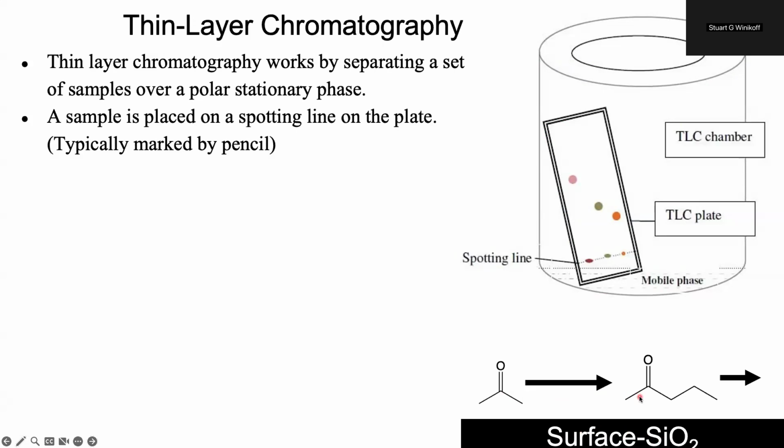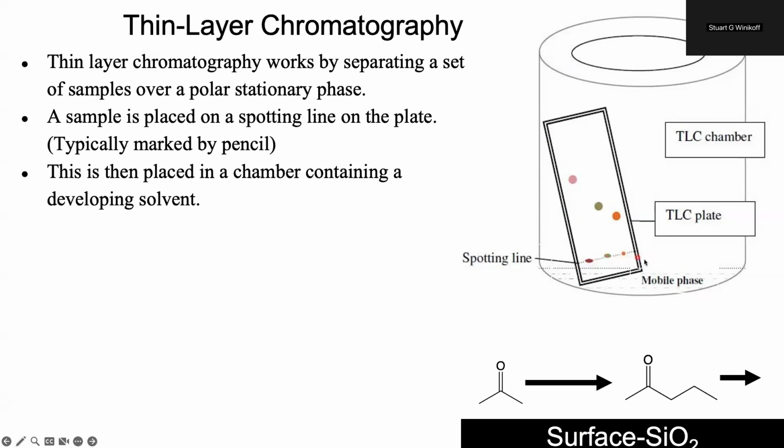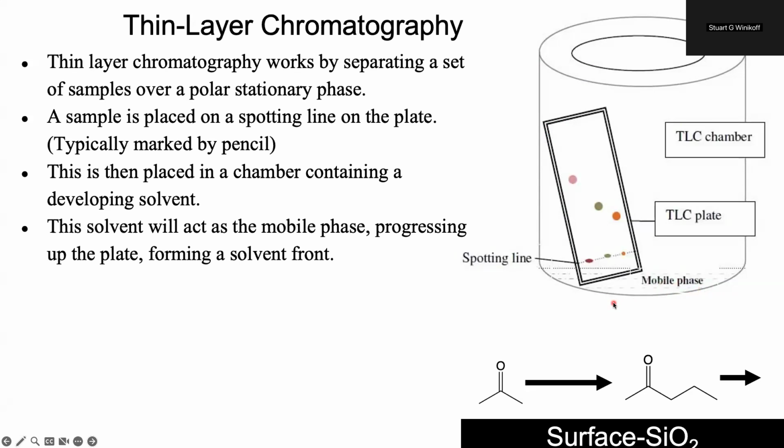So the sample is going to be placed on a line on a plate by first marking where you place your sample with pencil and then spotting your sample on that line. Then you go ahead and place it in a chamber containing your developing solvent. So this is going to be a solvent which is going to act as our mobile phase and carry our sample up the TLC plate,